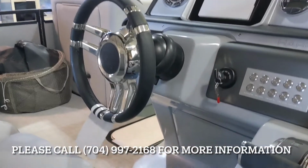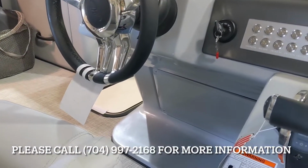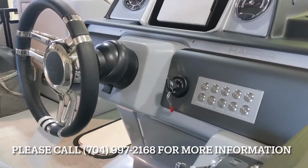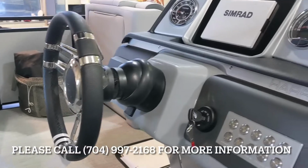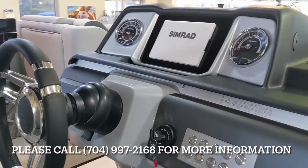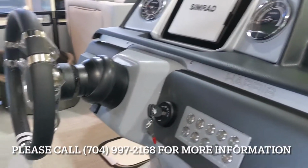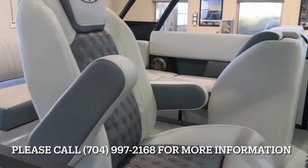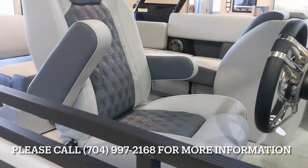On the helm, you'll see that it has a lot of leg room underneath for long legs. Be able to stretch out in comfort. Tilt steering wheel, Simrad chart plotter GPS, swivel captain chair, dual armrests,